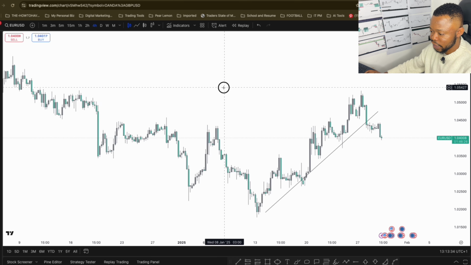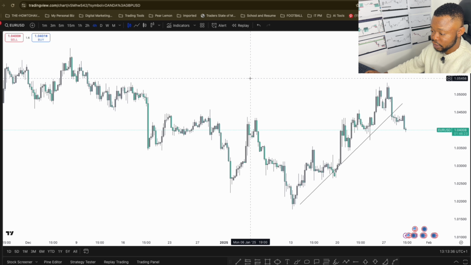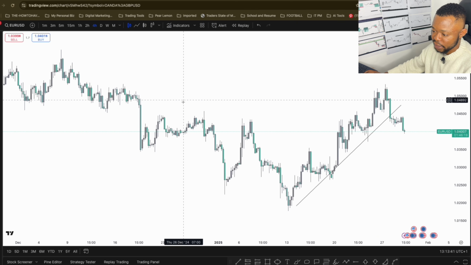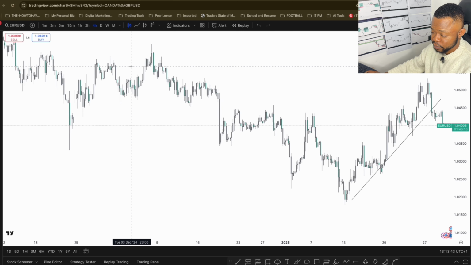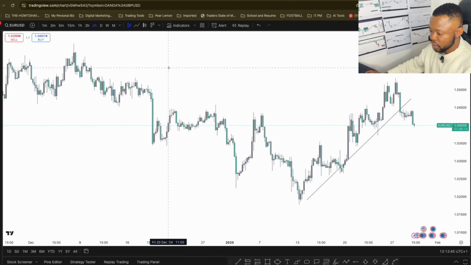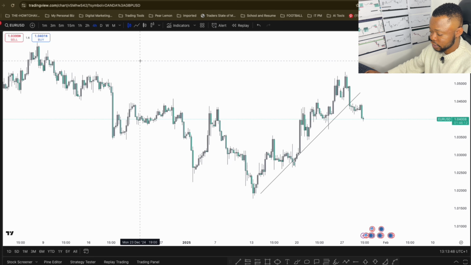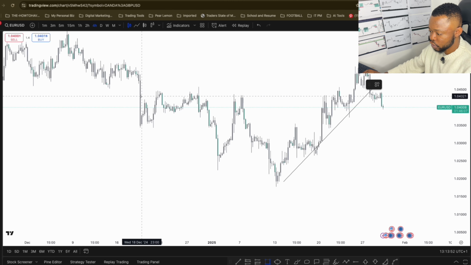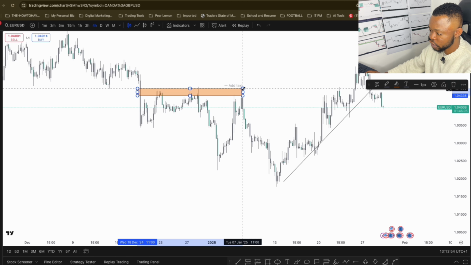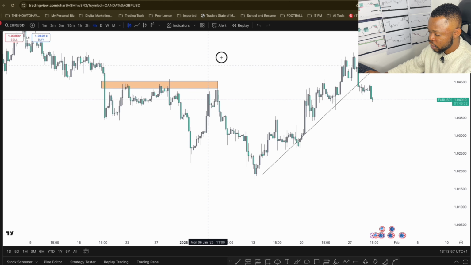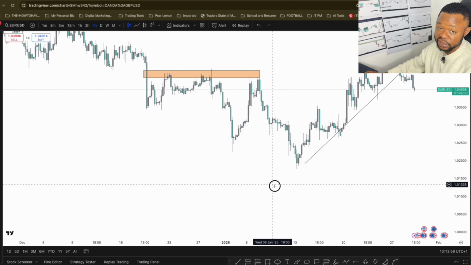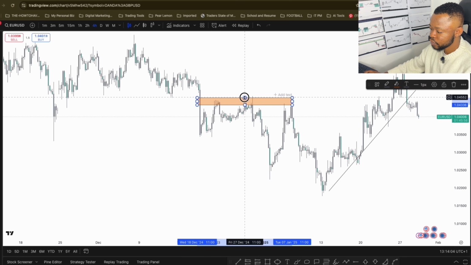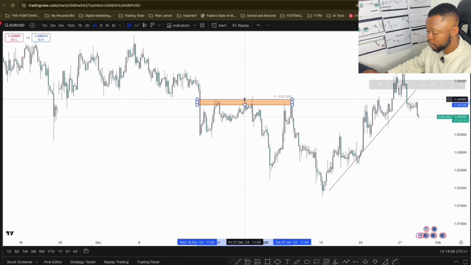So as you continue to learn and expand your knowledge in the market, you understand how the market moves in waves and where to buy and where to sell. And let's go on to support and resistance. I know a lot of traders have seen what they call support and resistance from a lot of videos and books, but I'm going to explain what support and resistance mean as if I'm explaining it to a child, so we can get a better understanding.